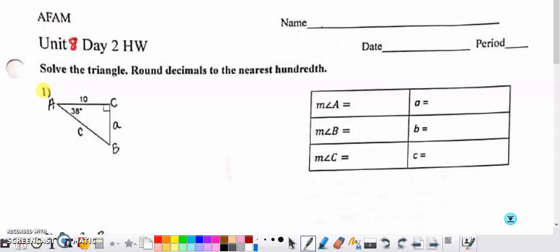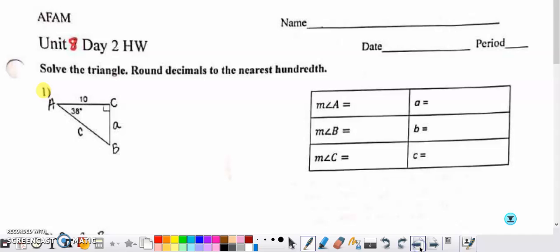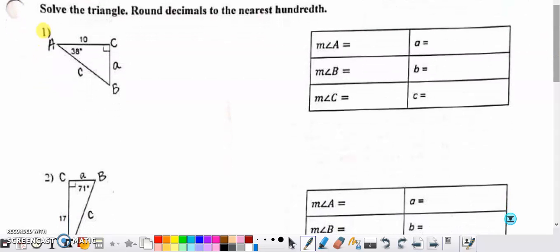Let's attempt some of the Unit 8 Day 2 homework problems. I'm going to do numbers 1, 3, 5, and 6. Each of those 4 is a little bit different, and the rest kind of mirror those 4 different problems. So in number 1, you're given a right triangle where you are told one side length is 10